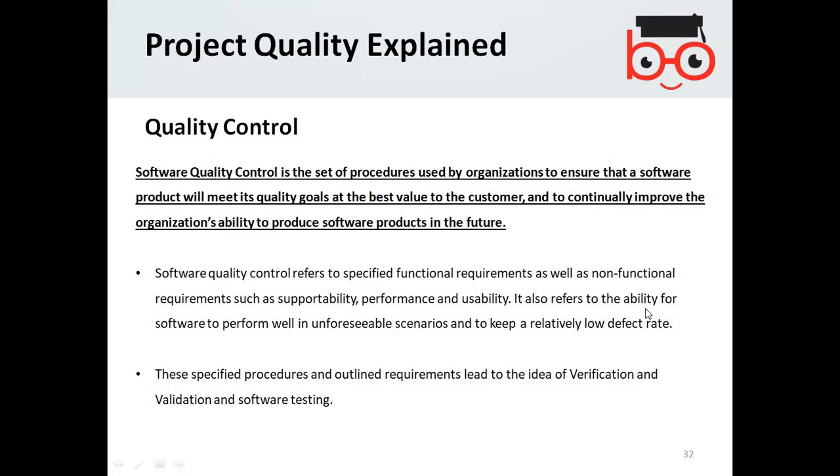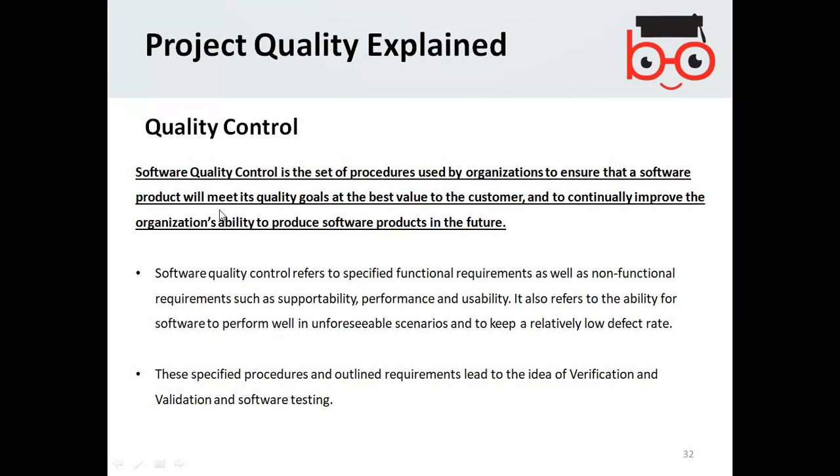It also refers to the ability for the software to perform well in unforeseeable scenarios and circumstances, and to keep a relatively low defect rate. These specified procedures and outline requirements lead to the idea of verification and validation and software testing.